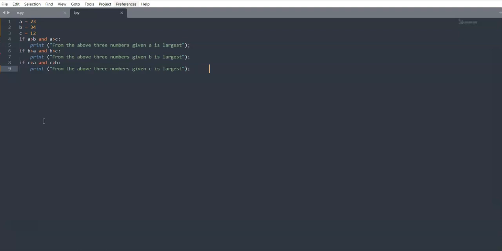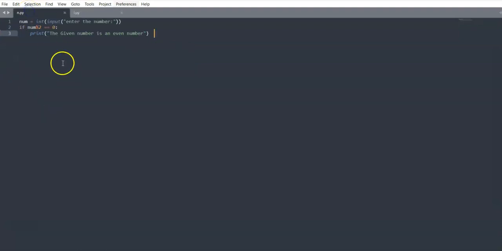Accordingly you can use it in your program. Okay, so if you want, let's say over here, if you want